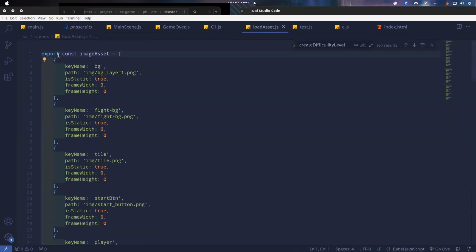We have this keyword called export every time we declare a variable. Here we have an array, and inside this array we have some objects. We have some properties: key, name, path, statics, just like a data structure, right? Do not be confused about this.